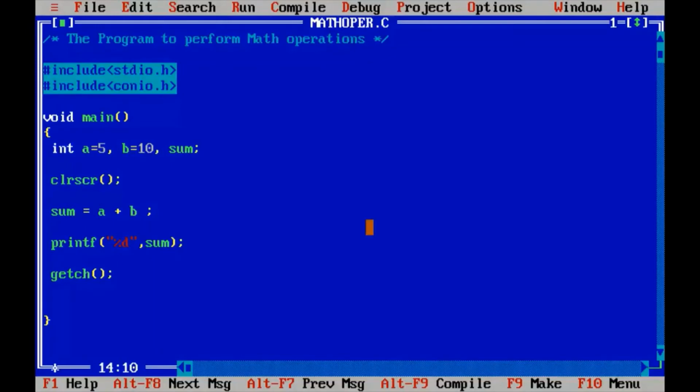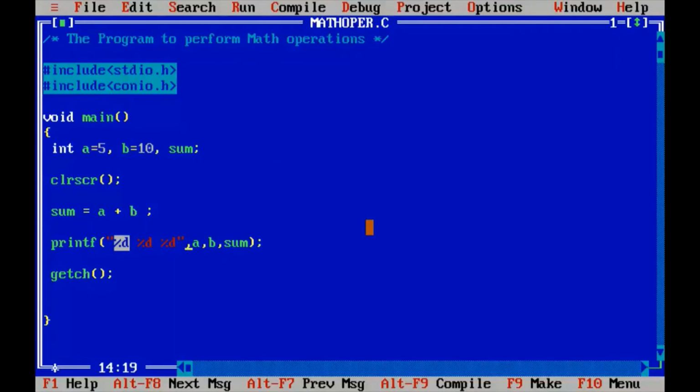So if I want to put the content of A and B also, I have to specify A and B here, right? So there are 3 variables and I should have 3 %ds. Remember, %d is the representation of an integer variable. So the number of %ds must match the number of variables. Here 3 %ds, so 3 variables should be here.